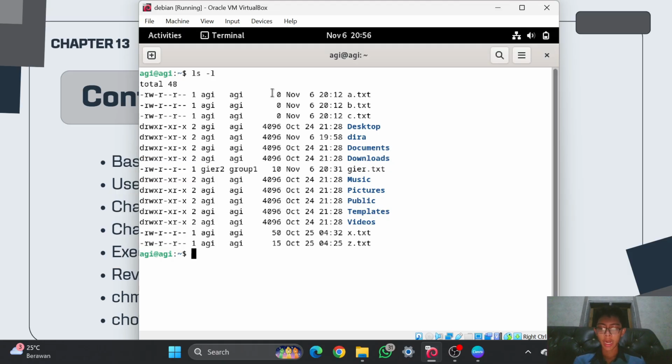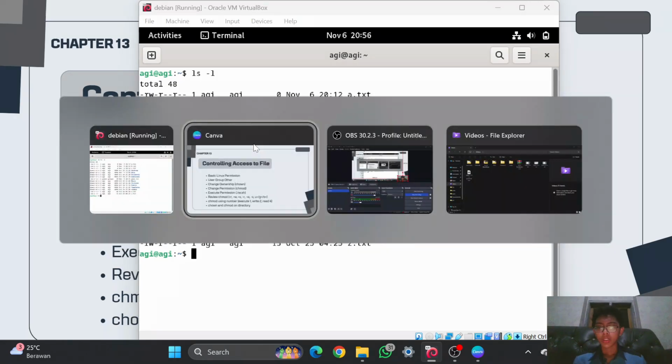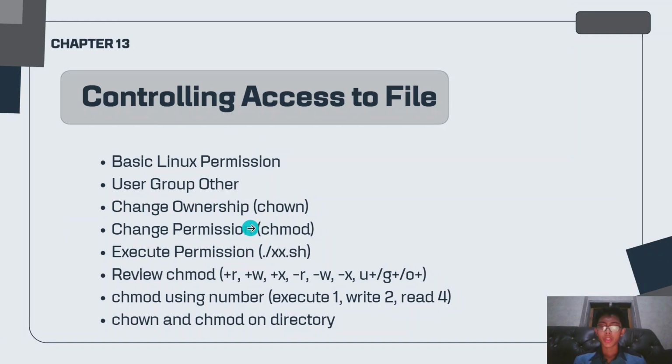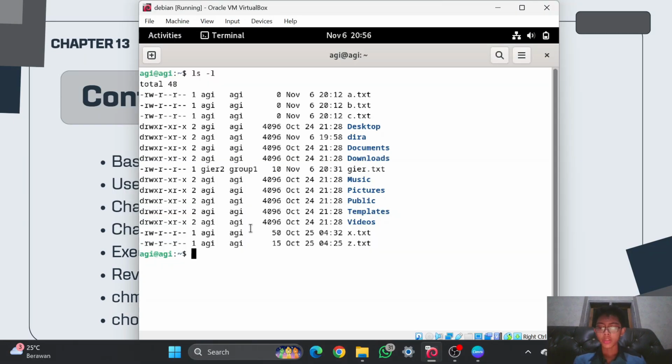But before I practice it, I will explain it a little bit. Change ownership is used if you want to change the ownership of some file or some directory. And I will just practice it.